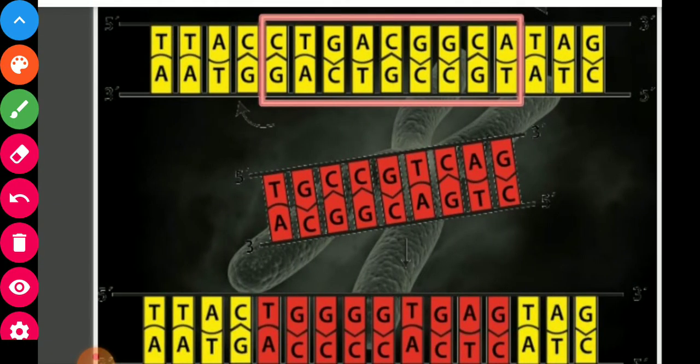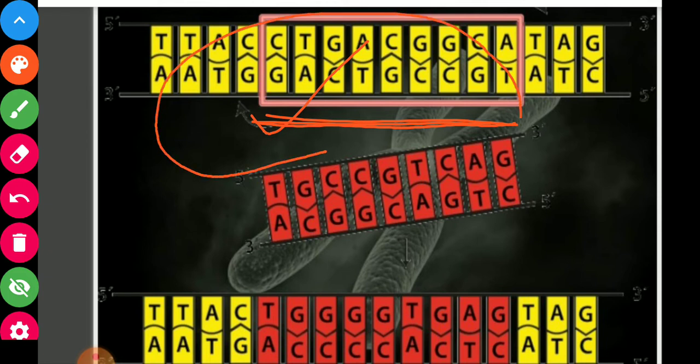Here you can see this is the original sequence of nucleotides, and now see the original sequence of base pairs here, but here it is reversed, like this. So this end comes here, and this end transfers to this side.